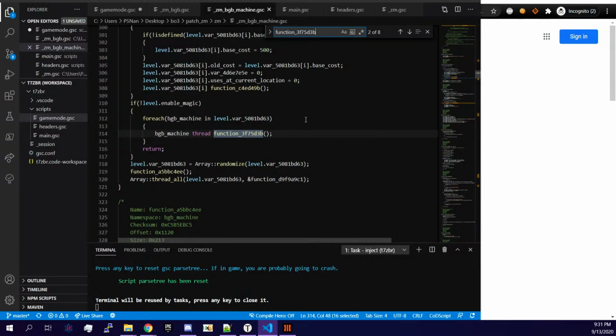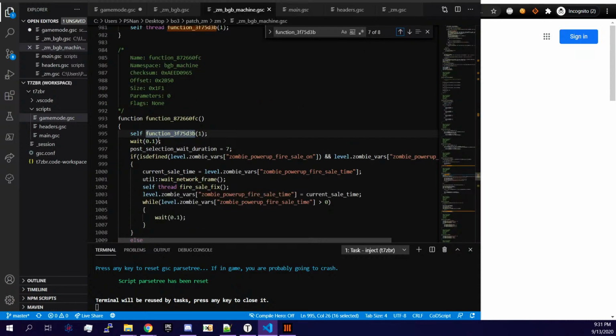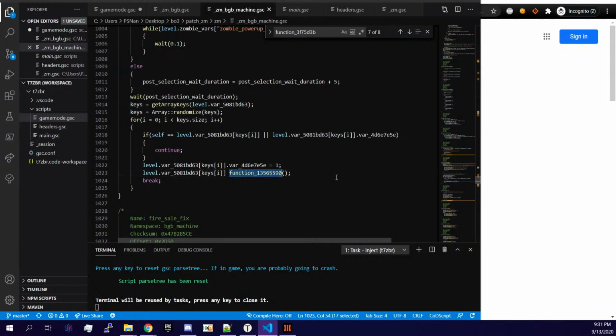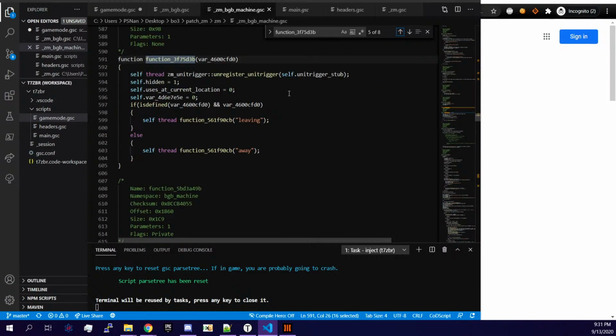Wait. This disables them. So false disables them. I believe 1 enables them? That doesn't make any sense. That's not what that function looked like it did. But you can see it's being used here. And this is like the fire sale setup for them. I mean, I guess I'll just have to try, but...